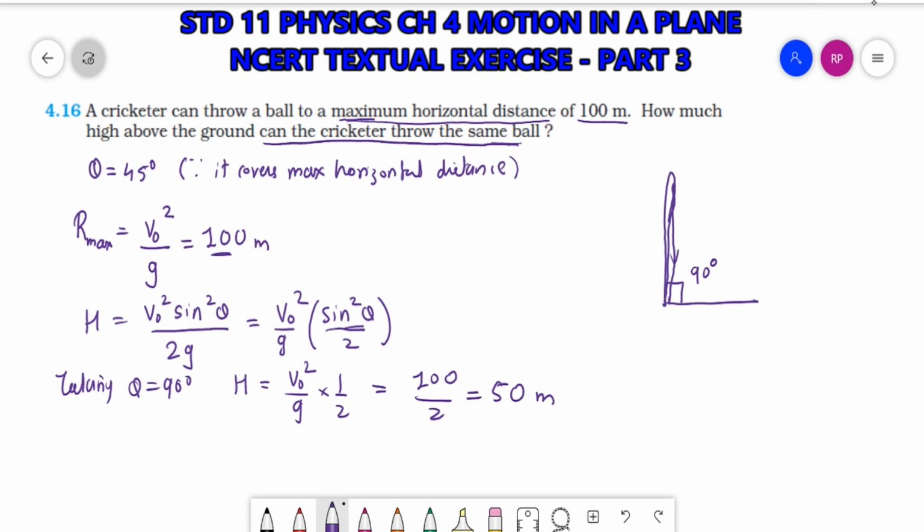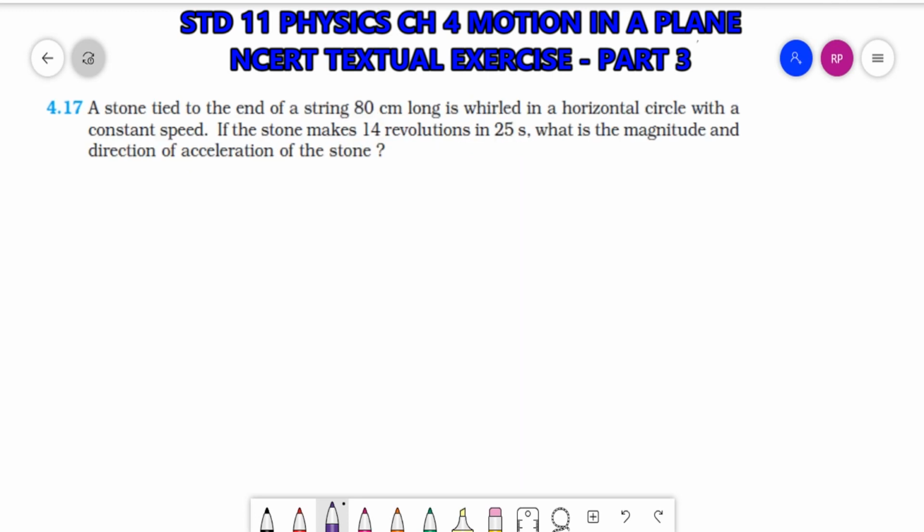Now let's move to the next question, that is 4.17. A stone tied to the end of a string 80 centimeter long is whirled in a horizontal circle. Means you can take that this is the situation. This stone is tied and this length is 0.8 meters. 80 centimeter means 0.8. Now it is rotated in this